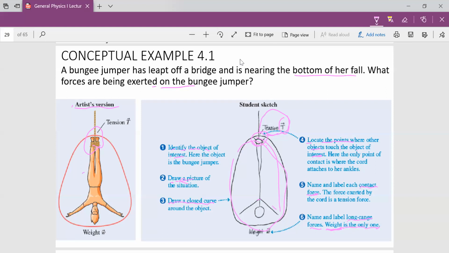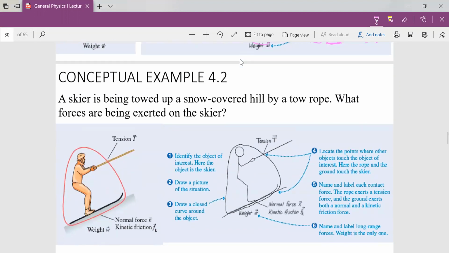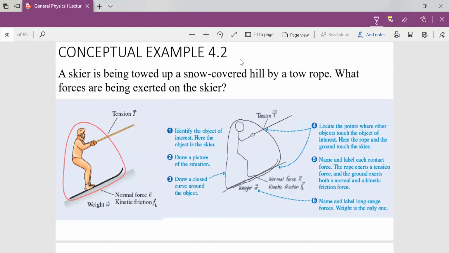So we see that with this understanding, we can actually identify forces that are acting on objects, which informs the experiment we'll be performing in class today, and identifying the different forces that will be acting on the object we'll be looking at. We'll talk more about that in our lab class. So let's take the second example.